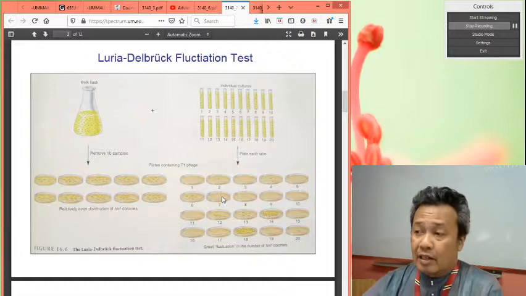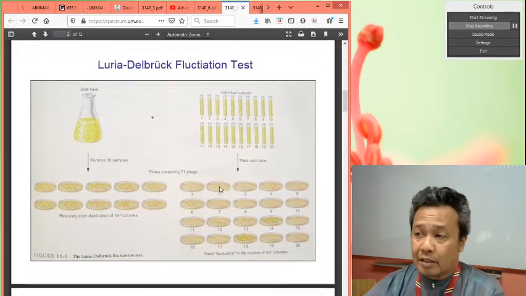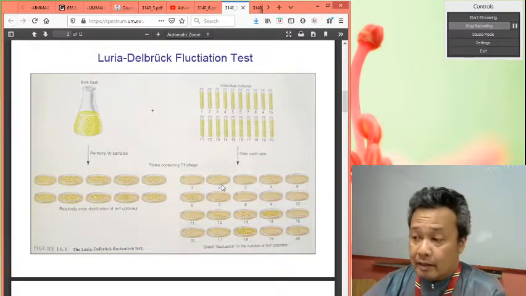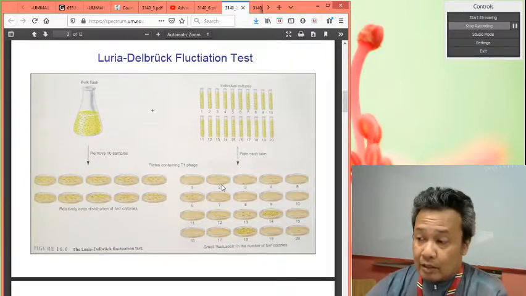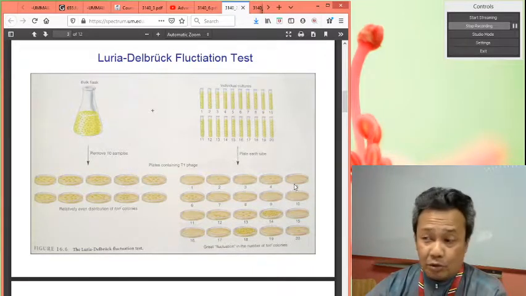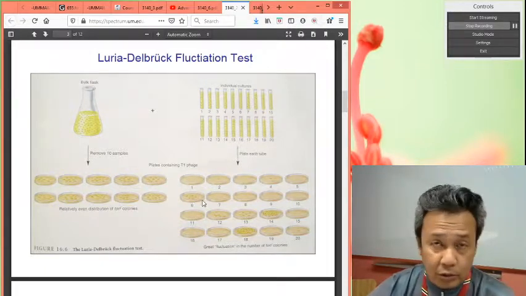And thus, if physiological adaptation were the phenomenon that drives mutation, then you should get similar responses for all the tubes in all the